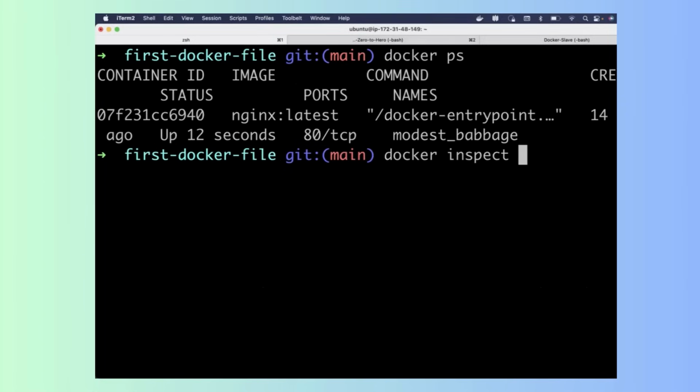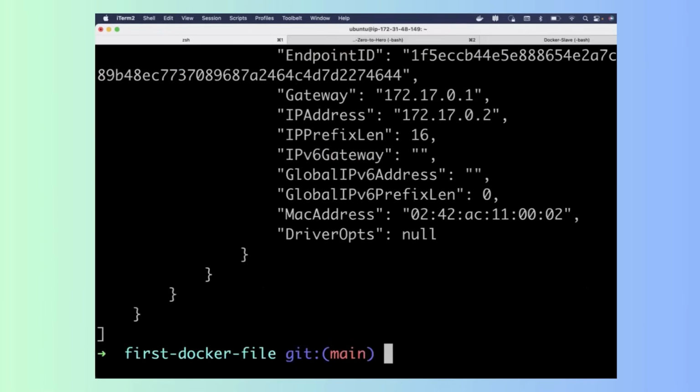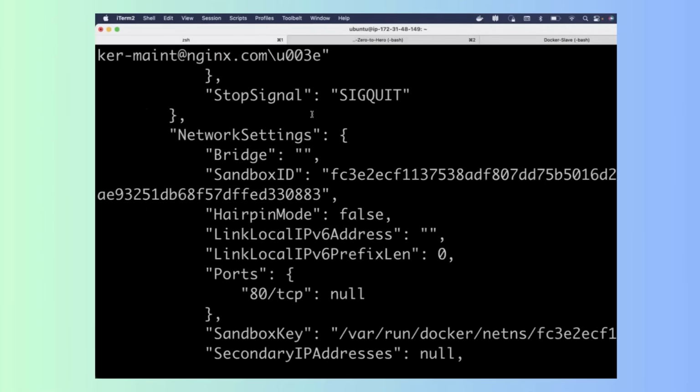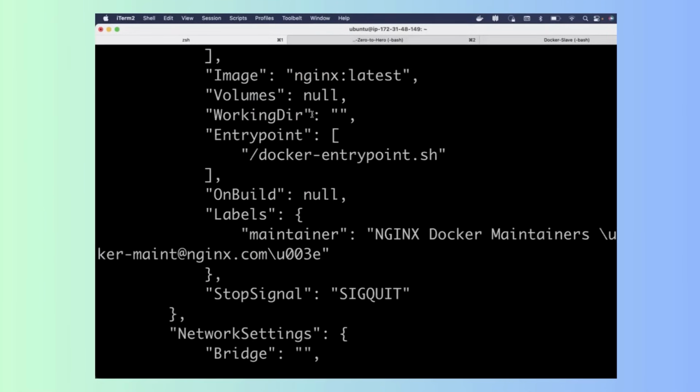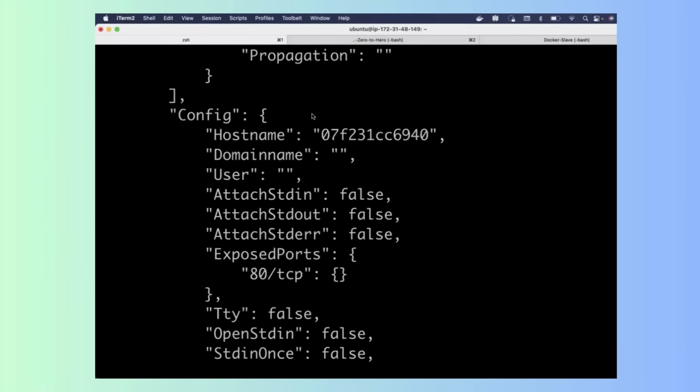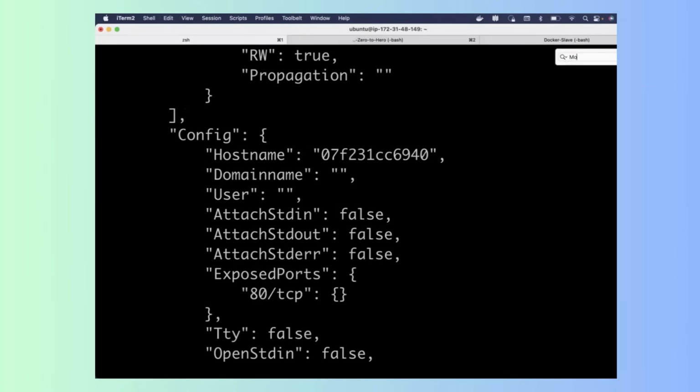inspect. Here we are not inspecting the volume, but we are actually inspecting the container itself. To do that, you will do docker inspect followed by the name of the container. Once you do this, you will find the entire details of your container. What is the IP address of your container, whether this container has a mount or not, all the details that you want. And here you will clearly find, if I search for mounts,